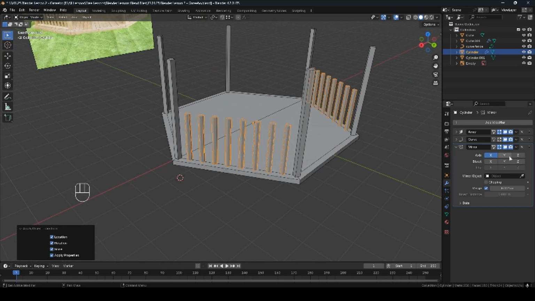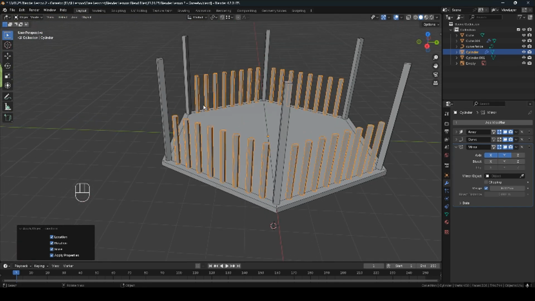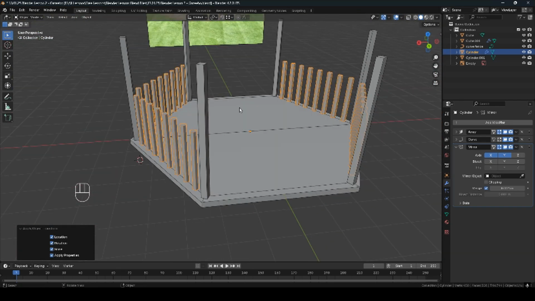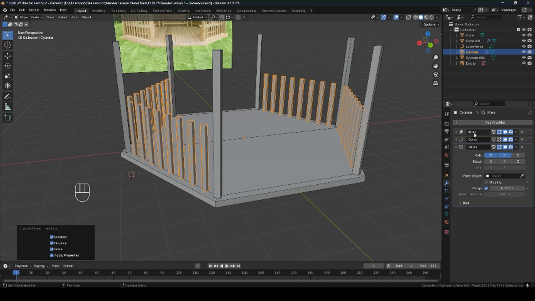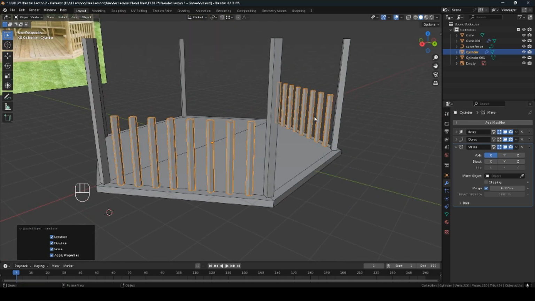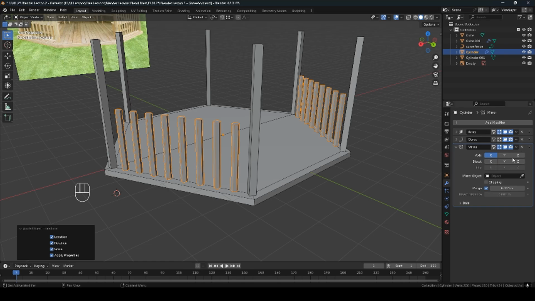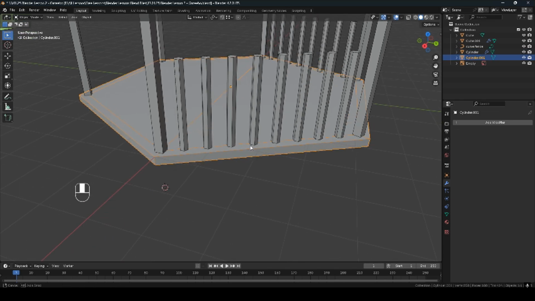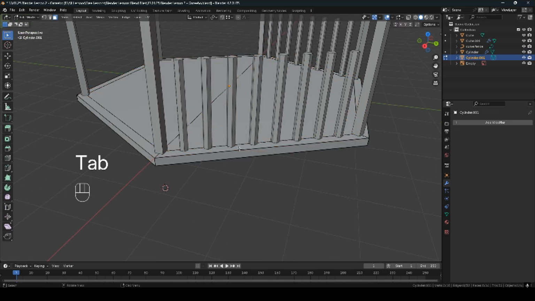Now we can press the Y axis and have the same on the other side, but for now we're going to do those fences slightly different actually. So I'm just going to do these front two like so, and I'm just going to leave them like that for now. So going back to the floor of the gazebo, I'm going to go and select the bottom,